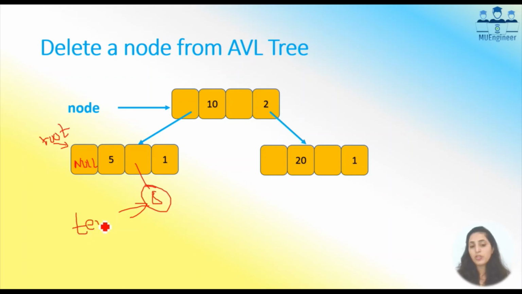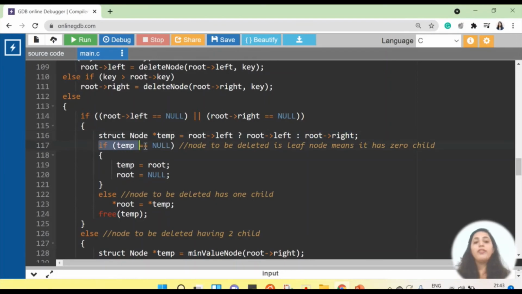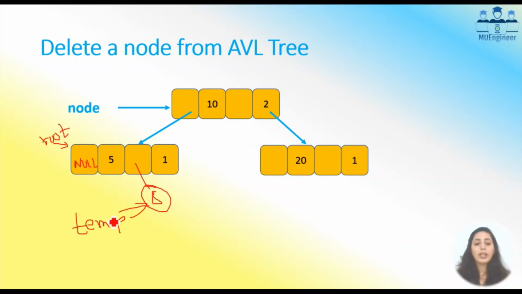So now your temp is pointing to 8. Getting it? Here I am checking if temp is equal to null. अगर temp is equal to null कब होगा? जब आपका left या right दोनों में से एक child होगा तो आपका temp उस particular child को point करेगा. अगर left नहीं है तो right को point करेगा, right नहीं है तो left को point करेगा. बराबर है? But just consider your root is at 20 and 20 has no child, not on left and not on right. So in that case, what will your temp hold? Your temp will hold null because both the children are null.